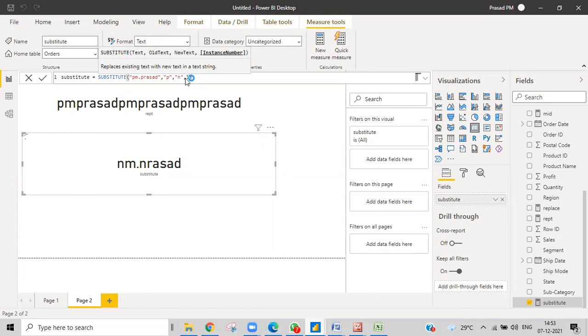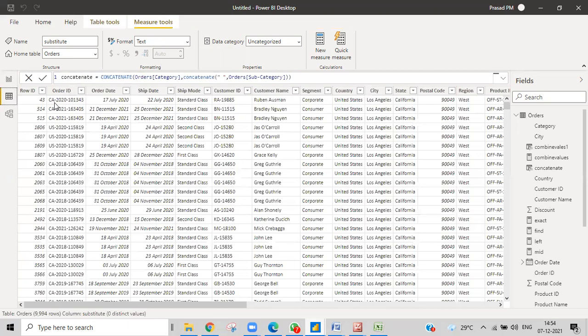If you want it only for the second occurrence, you can do that as well. This will be used in many cases. For example, for the second occurrence of this one, I just need to keep some at-the-rate symbol. So after 2020, after the year, I want to keep the at-the-rate symbol.